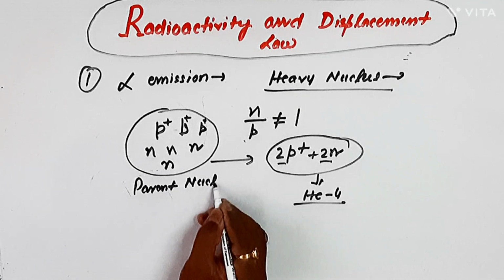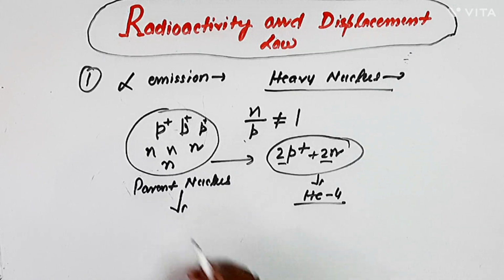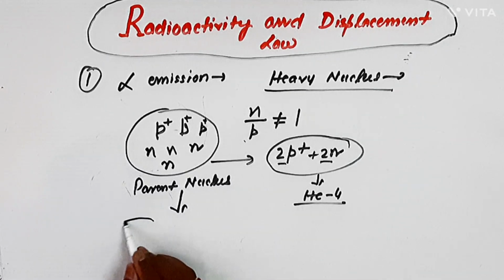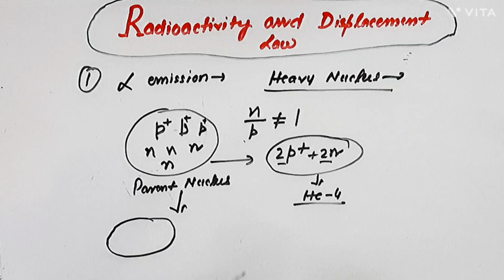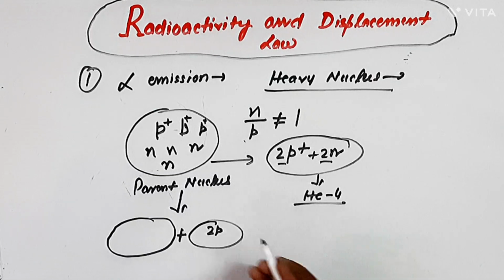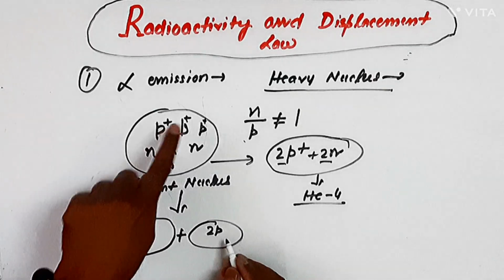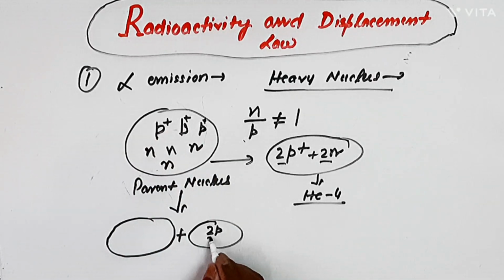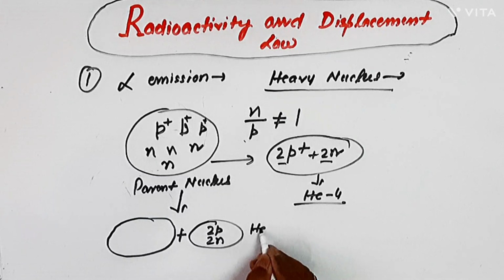So what happens? It will separate out from the parent nucleus. So here one new helium nucleus will be separated out or ejected out from this parent nucleus. So this 2 protons 2 neutrons, this is the helium nucleus,